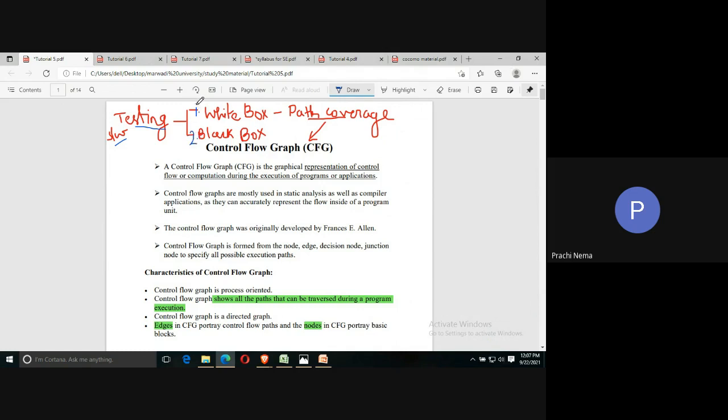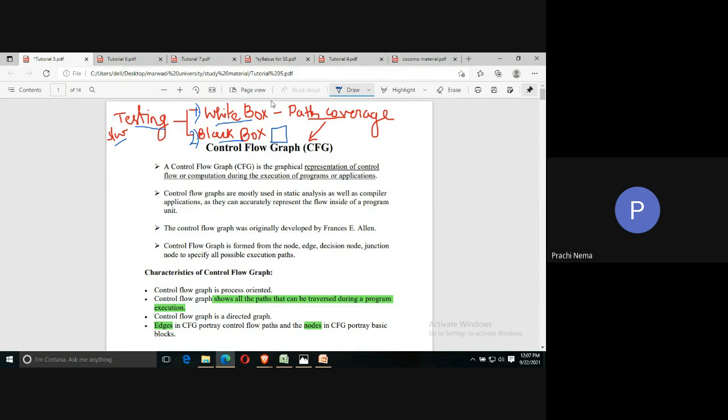White box testing is when you have the internal details, all the information about the system. That is called white box: having complete knowledge about the system and then performing the testing using that information. The second one is black box testing. In black box testing, you only have knowledge of the structure, not the internal knowledge of the system. So using this only we perform the testing over the structure of the system.